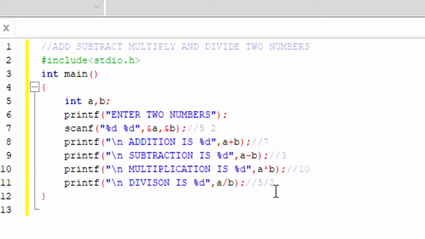Since it is going to return us the quotient, 2 2s are 4, so our answer should be 2. If there is a percentage sign, 5 mod 2, this sign is called the mod sign. 2 2s are 4 and the remainder is 1. So this sign will give us 1 and this sign will give us 2, depending upon what the user wants. So return and then 0.